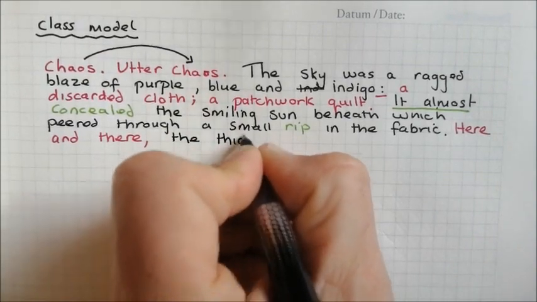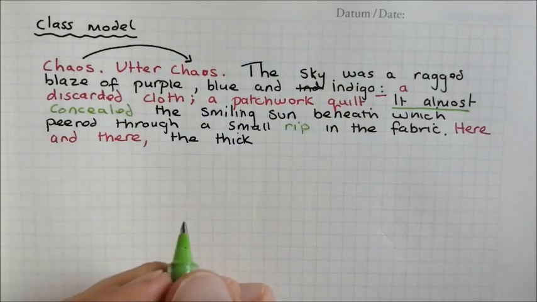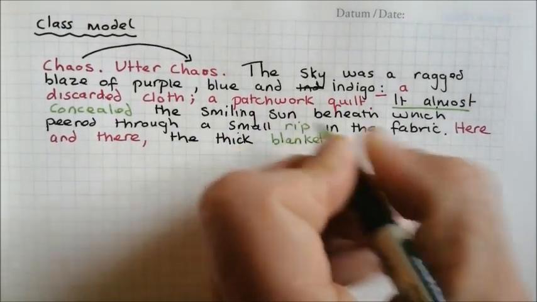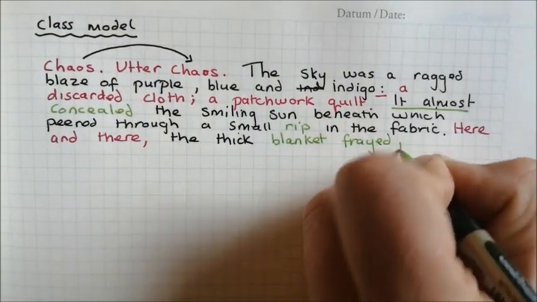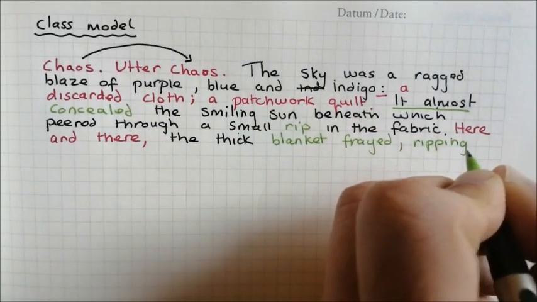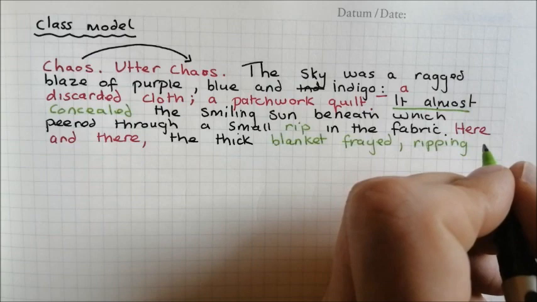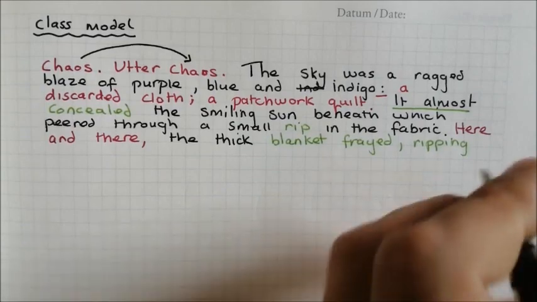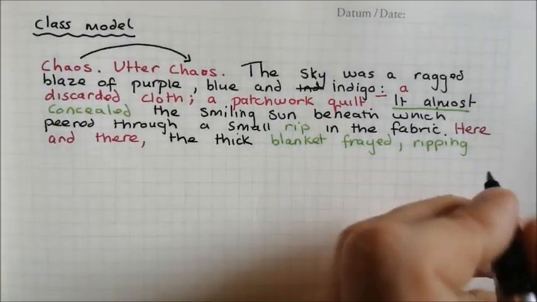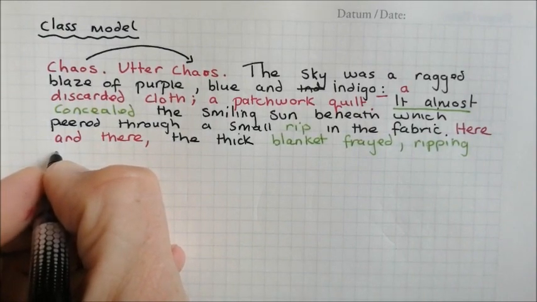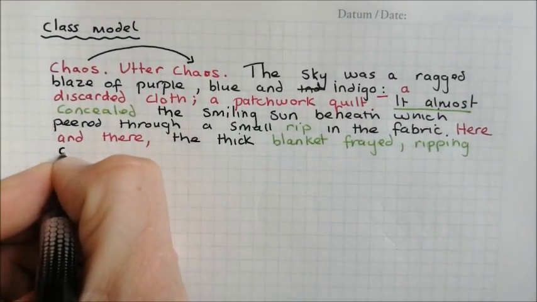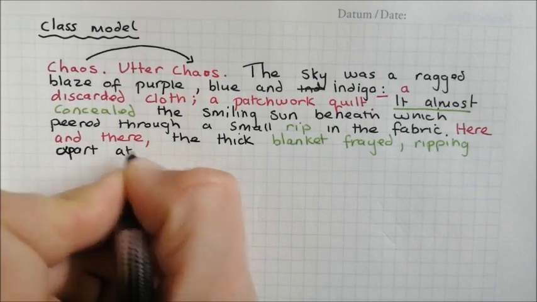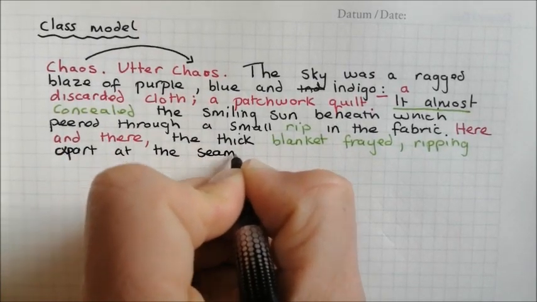The thick. And again, going back, thinking about what I described in my plan. The thick blanket frayed, ripping. What's it ripping? It's ripping through the clouds, ripping apart at the seams, ripping apart the stitching, and stitching's a new one I've just thought of here, so I'm going to use it as well, and ripping apart at the seams,